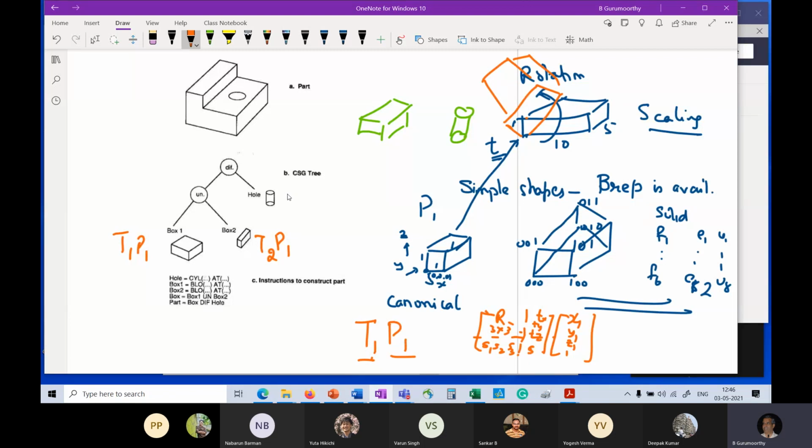Likewise, a cylinder is defined as a unit cylinder centered again at the origin, of unit radius and unit height. We haven't done this, but take my word for it, and we will try and do this a little later when we talk about curved entities. We can write down a B-rep for this just like we did for the cube by hand and ensure that it is always correct. And then there is a transformation. So in this case, it may be a stretching along the z-axis and a translation. And so that is a T3 on a primitive P2, which is the hole. And that completes my construction.